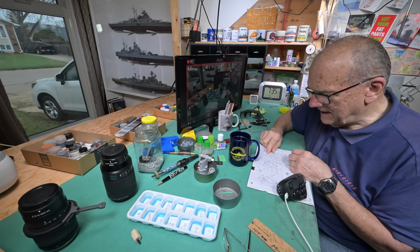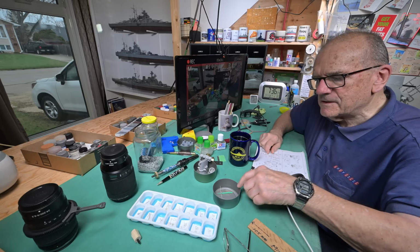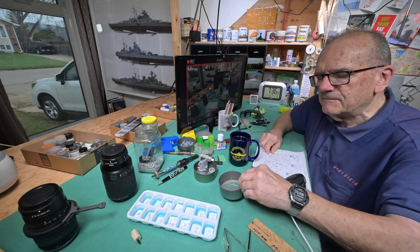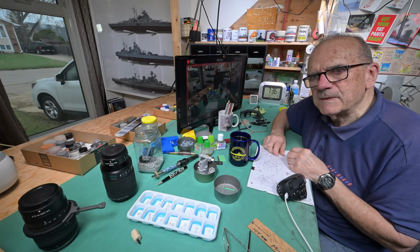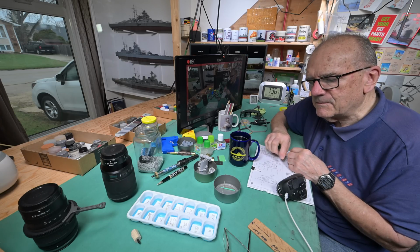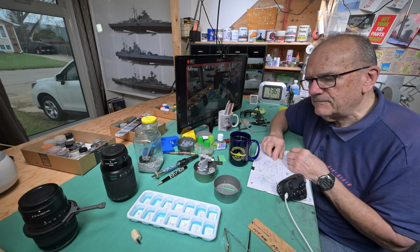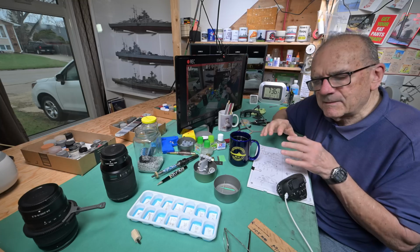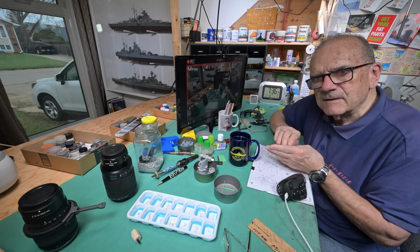Now, it's been suggested that for this little piece here that we were talking about getting the railing on the side of instead of on the top of, I think a couple of different viewers mentioned that I should fasten this piece down on a piece of upturned masking tape or double-sided tape, and I'd probably have a lot better luck. And thinking about it now, yeah, because if the piece is fastened down, I can push